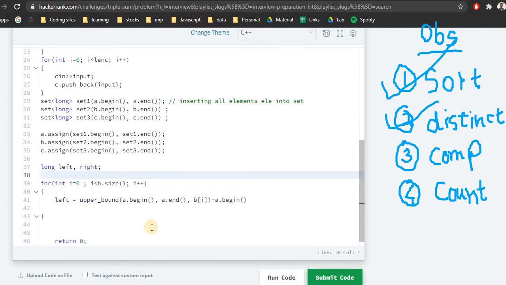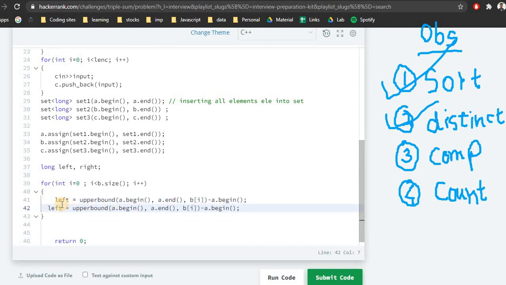This will give the number of values in the a array which are less than or equal to that of b of ith. Similarly, we'll copy the same statement. I think I did not copy it, so let me copy it. Similarly, we'll have the same for the right.